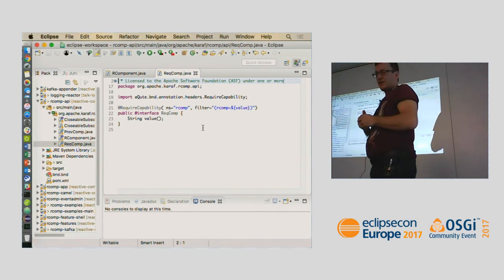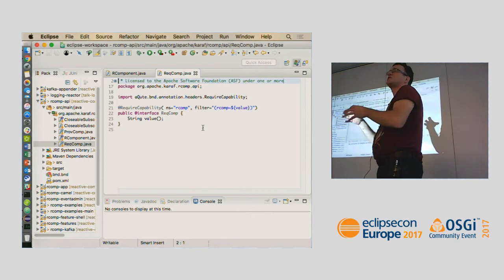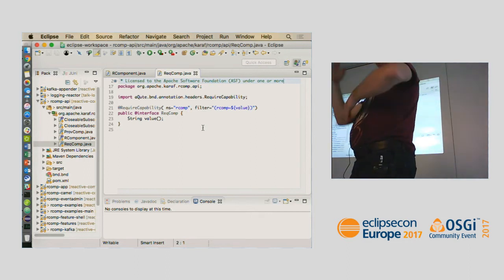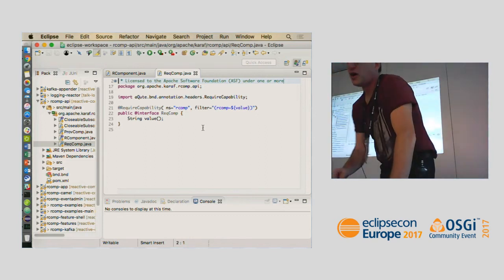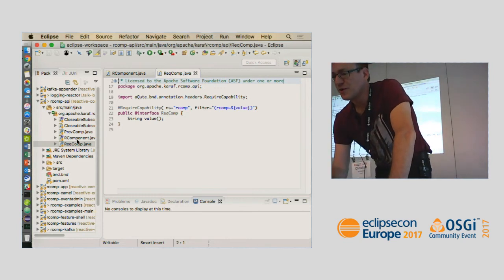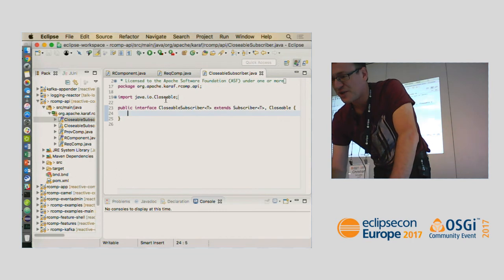If you add that to your user code, you can say which component you want to depend on, and then the resolver can do it for you. This will be possible with OSGi R7 using standard annotations. And this is just these closable subscribers, so it's just subscriber and closable, not much behind it.